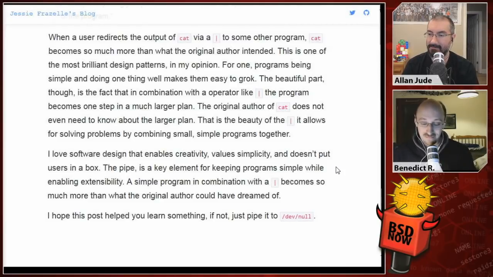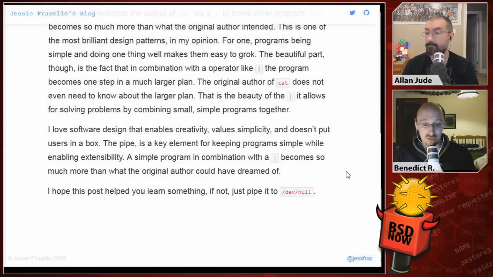And so the fact that it was designed to be able to just be the input for some unknown program that maybe doesn't even exist or won't be invented for 20 years is really what made it interesting. Yeah, and the flexibility built in there is just great, because a lot of people can dock into these pipes